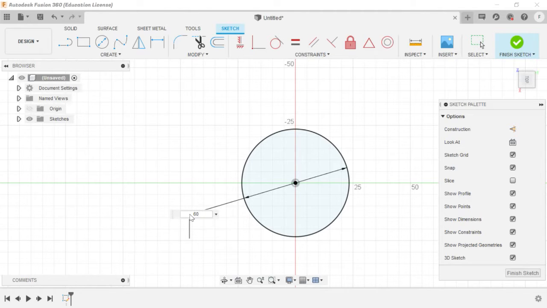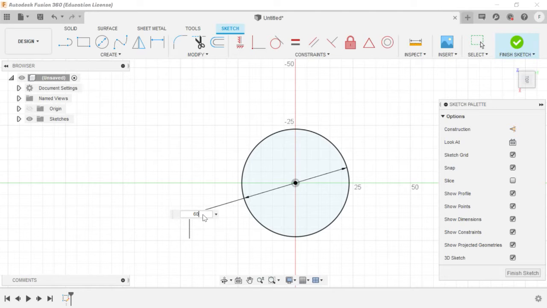Beginners have a great problem: they aren't particular about any dimension. They just create in freestyle, so they can't create a good 3D model. That's why they are quitting Autodesk Fusion 360. Fusion 360 is the latest version in the 3D modeling field, but it is the easiest way to create any 3D model, even for a person who doesn't know 3D. That's why I am going to teach you this software. So we have to be particular with our dimensions.